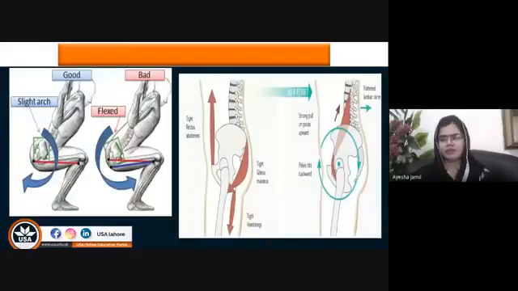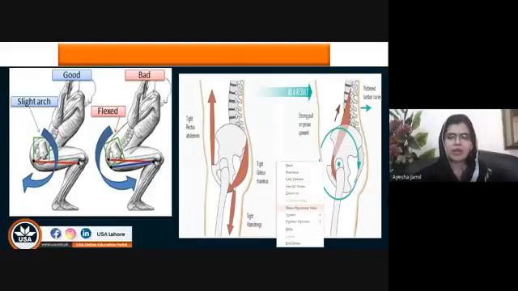Here you can see that whenever the gluteus maximus is tight, it causes the movement of posterior pelvic tilt. Whenever there is posterior pelvic tilt, there will be compensatory flattening of the spine. So if only the gluteus maximus is tight, there will be compensatory movement of the spine as well. If this muscle is tight, there will be flattening of the spine.